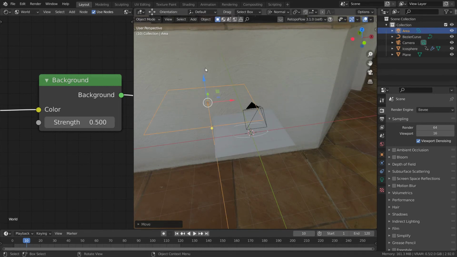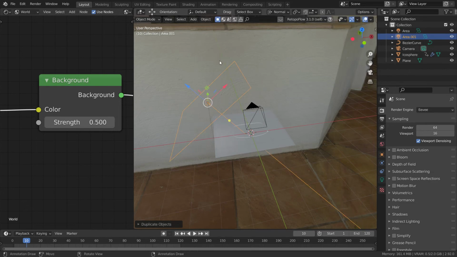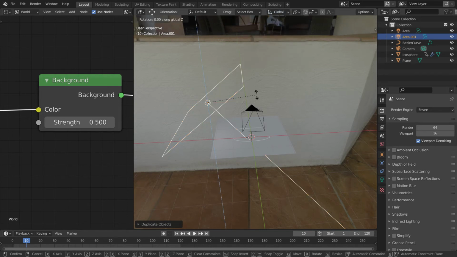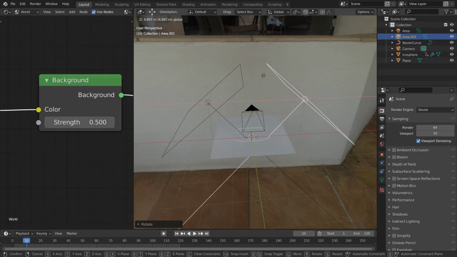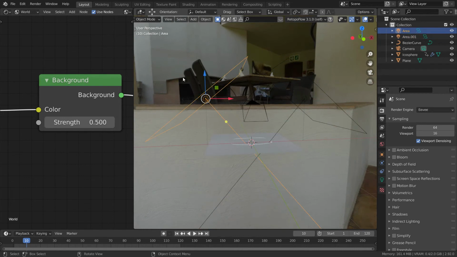Let's grab this, rotate on Y, Shift D to duplicate it, and then I will change my coordinates to global, rotate Z 180 degrees. Let's grab it towards the back over there.